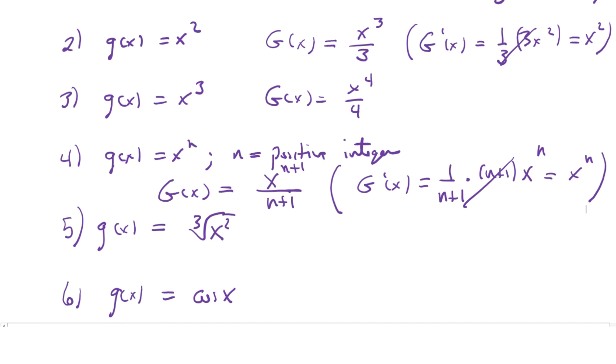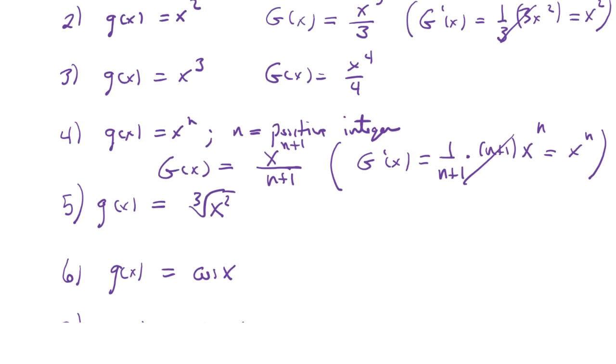The fifth problem is a little trickier because if we're going to follow the examples we've looked at so far, we've run into a roadblock here because this is not x to a power. But we could write this as a power if we use algebra. And so I might want to write this algebraically as x to the 2/3. Now, we've shown that for positive integers, this formula seems to work when we have x to a power. So we might want to use that in this example and just see what happens. So let's take x to the 2/3, following the pattern. I think I'll write this over here.